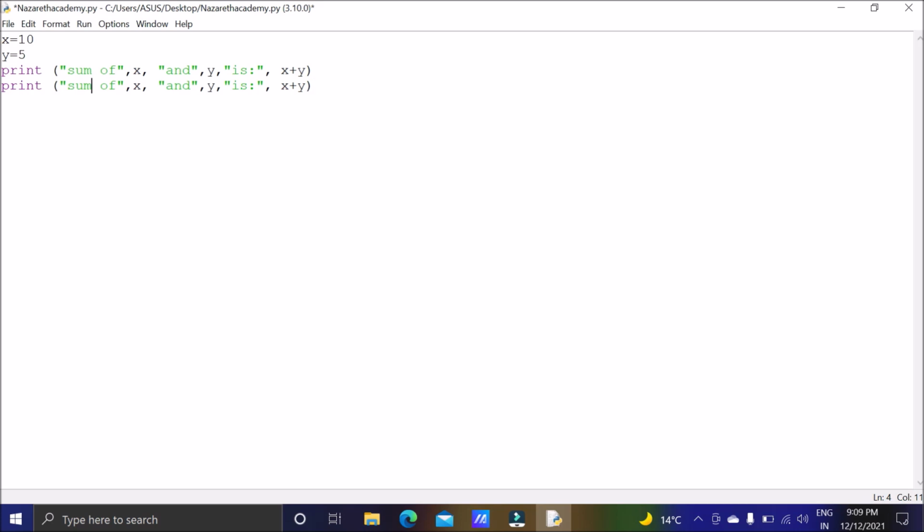Here I will go for subtraction of x and y, which is x minus y. Then again I want to go for product of x and y, which is x asterisk y. Now we can go for division.